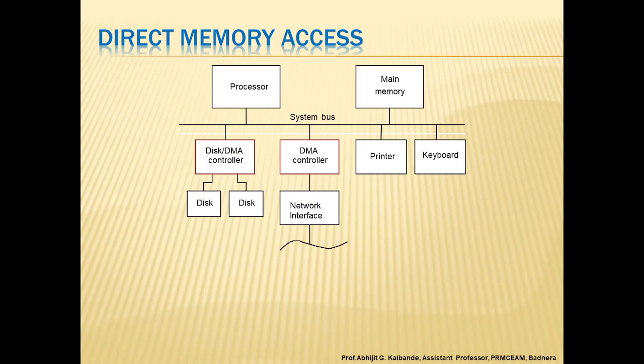Welcome, my dear student, to this computer organization subject, and we are discussing Unit 4, the input output organization. As we started, we studied the accessing of the IO devices, and in accessing the IO devices we understand that there are two ways to communicate with the processor as well as with the memory: by using interrupts and by using DMA, that is, direct memory access.